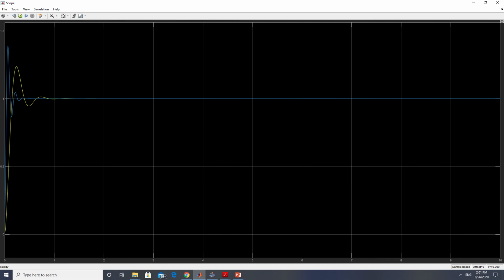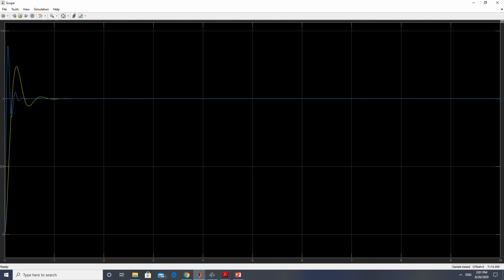So for now you can see two, indeed, blue and yellow graphs. I will explain the difference later. But for both cases, you can see here that the steady state value for the output is equal to 1. And as a result, the steady state error is equal to 0. So our closed loop system is stable, and it has the steady state error equal to 0 for the constant